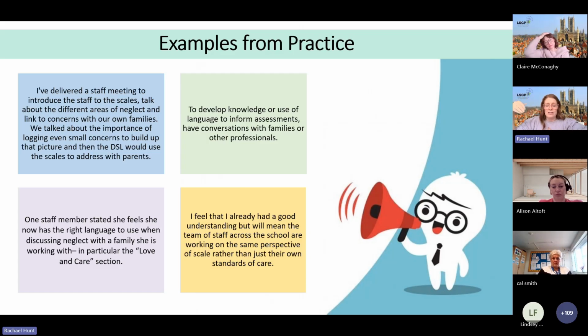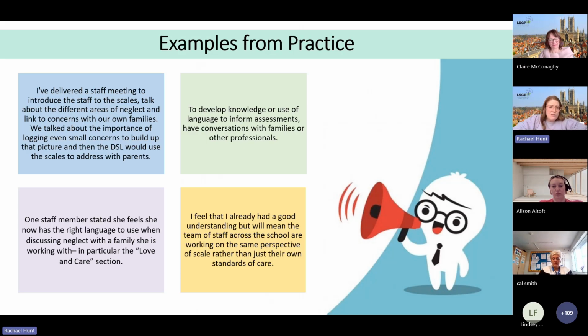So no matter how small those incidents are, and it might even be that you went for a home visit and they weren't in, or they didn't take someone to a medical appointment, although they might seem small at the time, if you're getting multiple incidents of that, you can start to think actually this is a pattern. So we'd always advocate for making sure you're monitoring even those small elements. And if you're seeing small good things as well, that's also really good to record, and you can share that with a family.